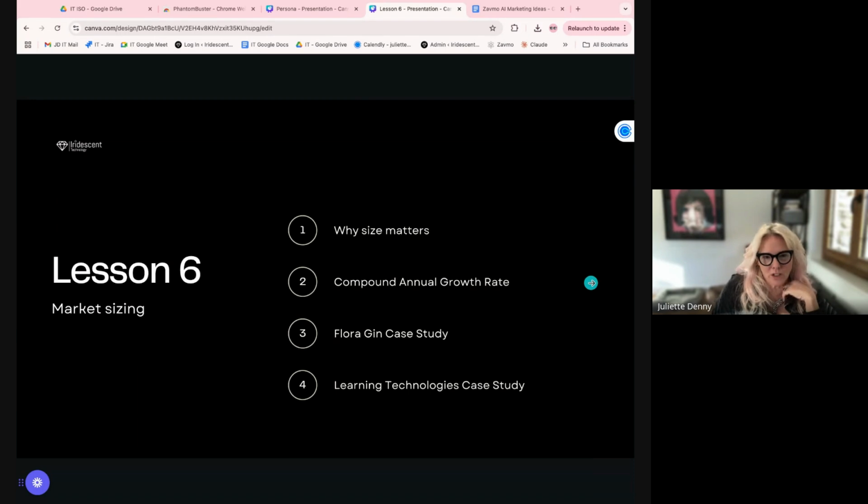First of all, in terms of what we're going to go through, why size matters. The reason why size matters is that, imagine boats in a harbour. You've got big boats, you've got small boats, right? But basically, when the tide comes in, all boats rise. Those small boats rise exactly the same as the big boats. So by focusing on areas of the market that have a high compound annual growth rate, you are much more likely to be able to grow.